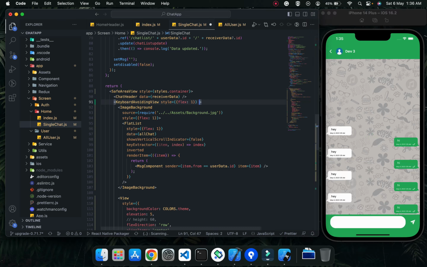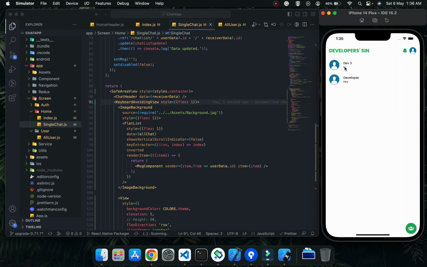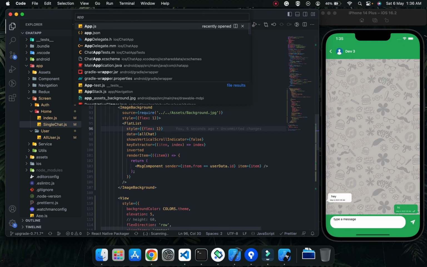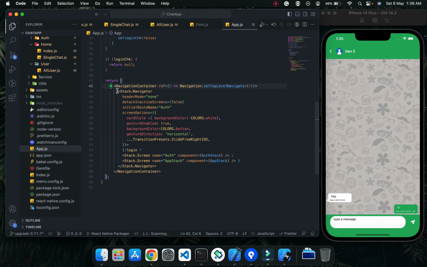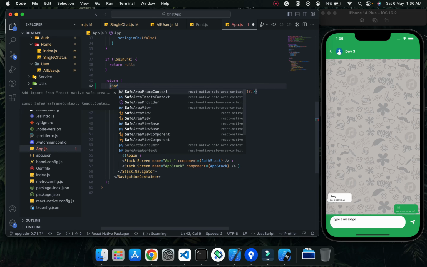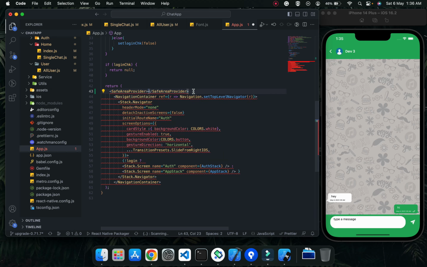The reason you cannot see this input is there's one more change you need to do, inside App.js where we have the navigation part. You just need to wrap this whole navigation with a SafeAreaProvider from react-native-safe-area-context. And if you do so,